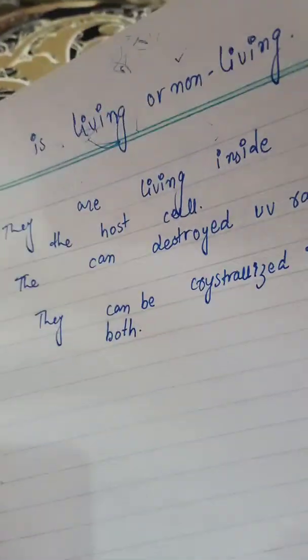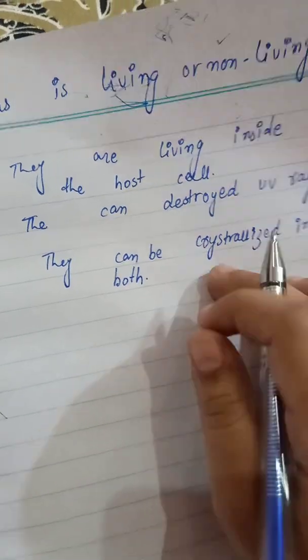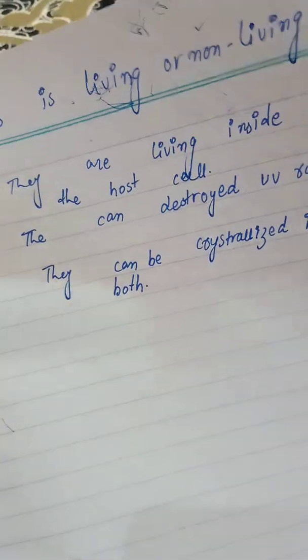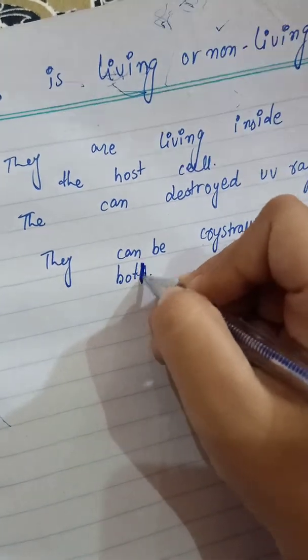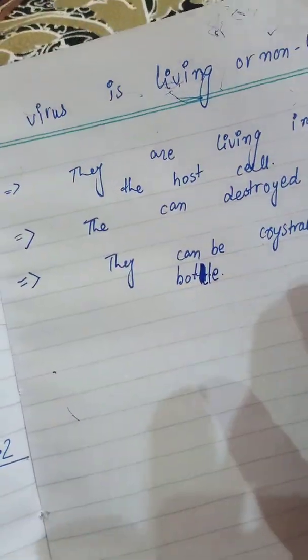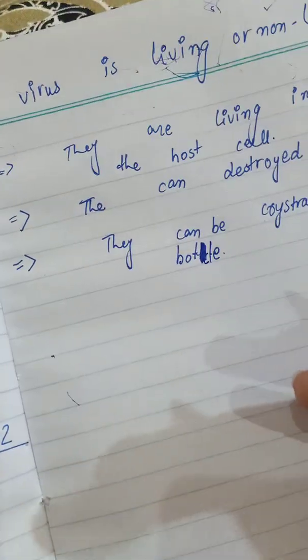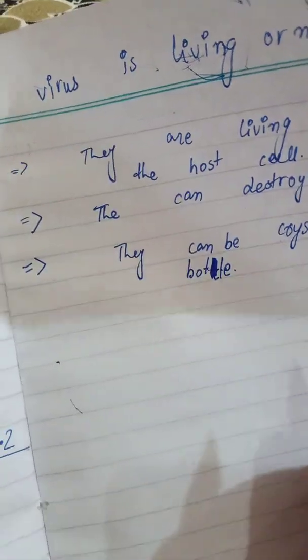Even before the lecture I told you that we crystallize the virus and convert it into a bottle through which we can see the virus with the electron microscope. Yes, this is the point of that topic. So we can crystallize the virus, and through the electron microscope we can see it. We cannot see the virus like this. We have to crystallize the virus, then we can see the virus through the electron microscope.